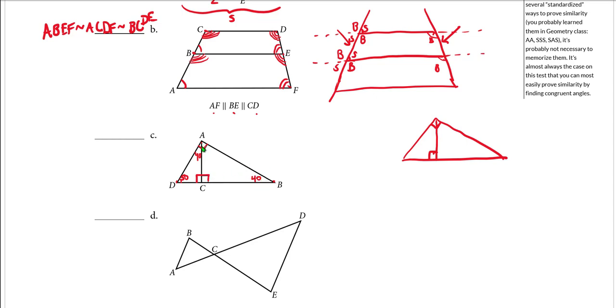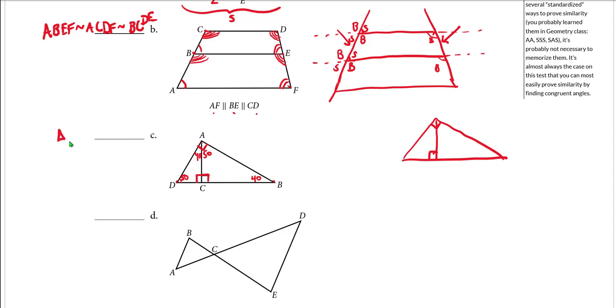And now in this triangle ACB, I have a 90 here, a 40 here, so there must be a 50 here. I could also have determined that because, again, there's a 90-degree angle up here. I already have 40 degrees here. I would need the remaining 50 degrees there. So now step back and look at what we have. We actually have 3 right triangles here, all of which are made up of one 40-degree angle, one 50-degree angle, and one 90-degree angle. So I actually have 3 similar triangles, and the way this is going to go is